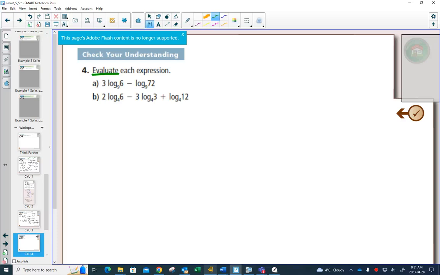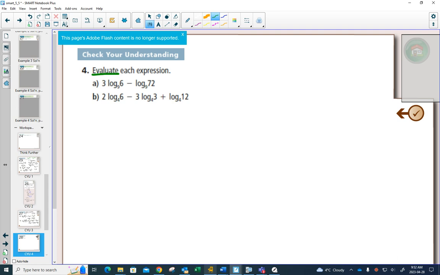The command word in this question is evaluate, so you need to come up with an answer. These are non-calculator questions, although some parts of it you might argue maybe you need a calculator. I'll show you some mental math strategies to make it easier. But if it's non-calculator and you know that log solves for exponents, when we look at this initially, we have